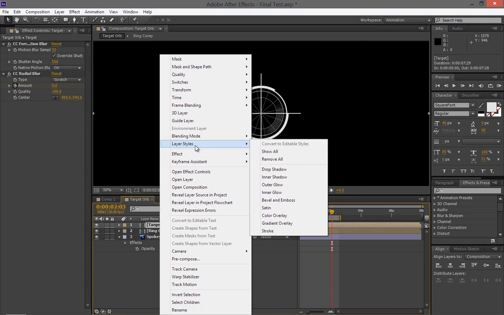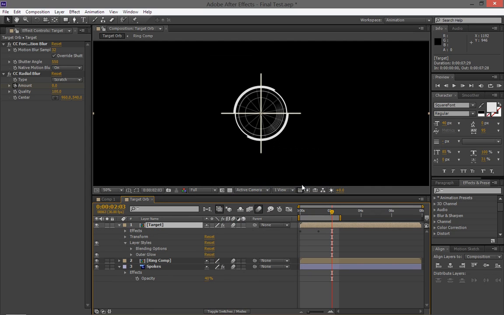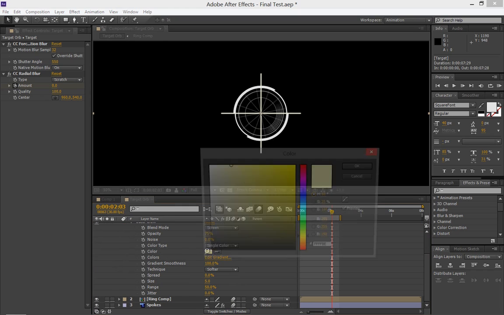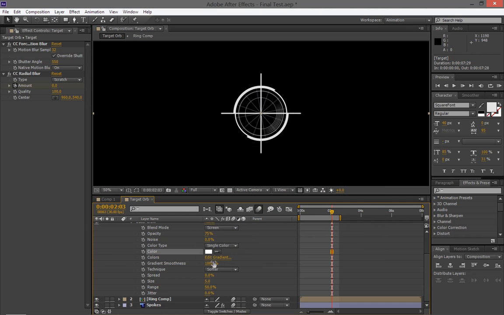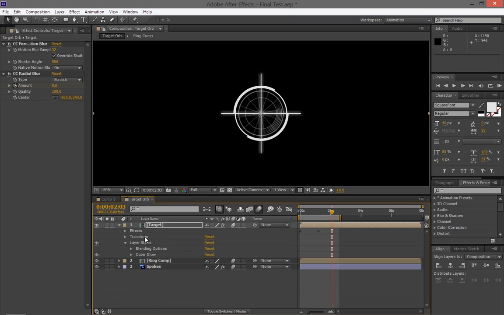right click it, go to layer styles, and we're gonna go to outer glow, and it basically brings on this little layer thing, adds layer styles to the layer. And we're just gonna go to outer glow. The color we're gonna set it to white, and we're gonna kill some of this spread, let's say to about 15, 20ish. We'll go with 20, and we're gonna do the same with, we're just gonna click the outer glow, Control